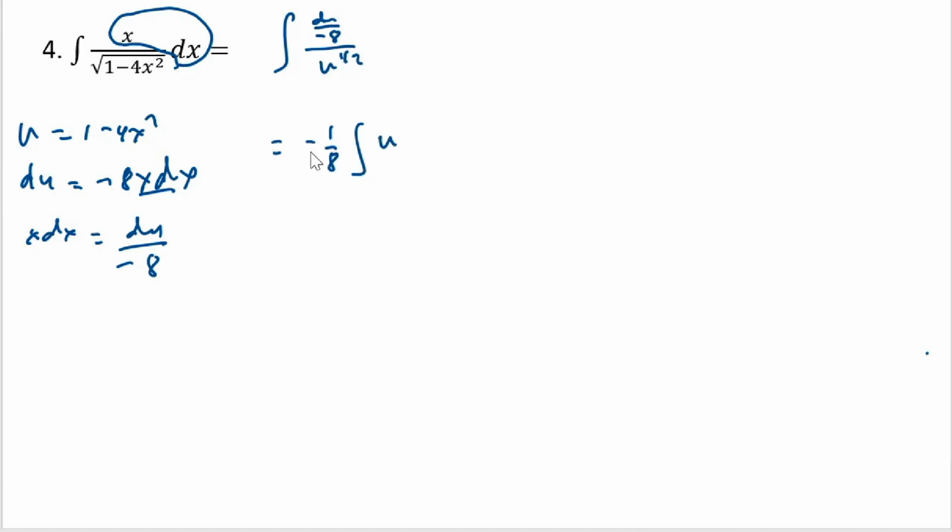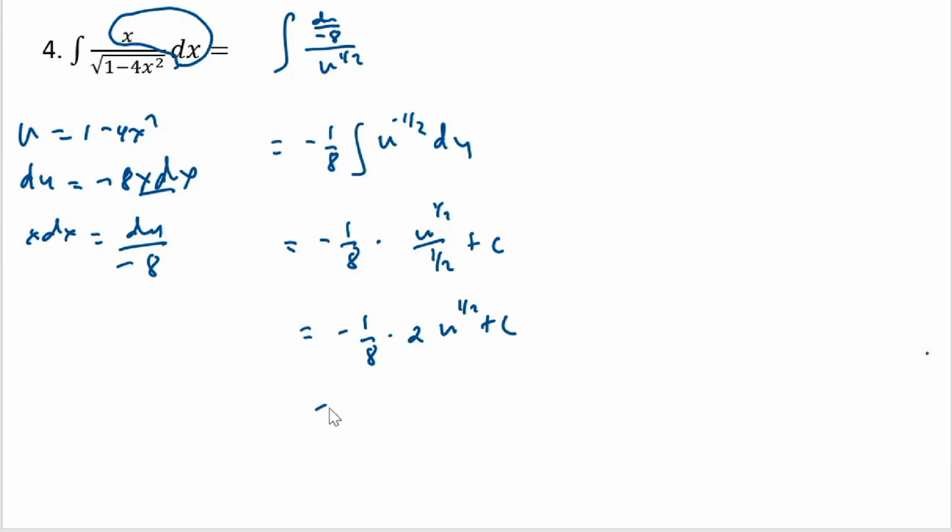Rewriting that, it becomes negative 1/8 times the integral of u raised to negative 1 half du. Integrating that, it becomes negative 1/8 times u to the power of 1 half over 1 half plus a constant. Simplifying that, you have negative 1 over 8 times 2 u raised to 1 half plus a constant. And finally, we have negative 1 over 4 of u, where u is 1 minus 4x squared, to the power of 1 half